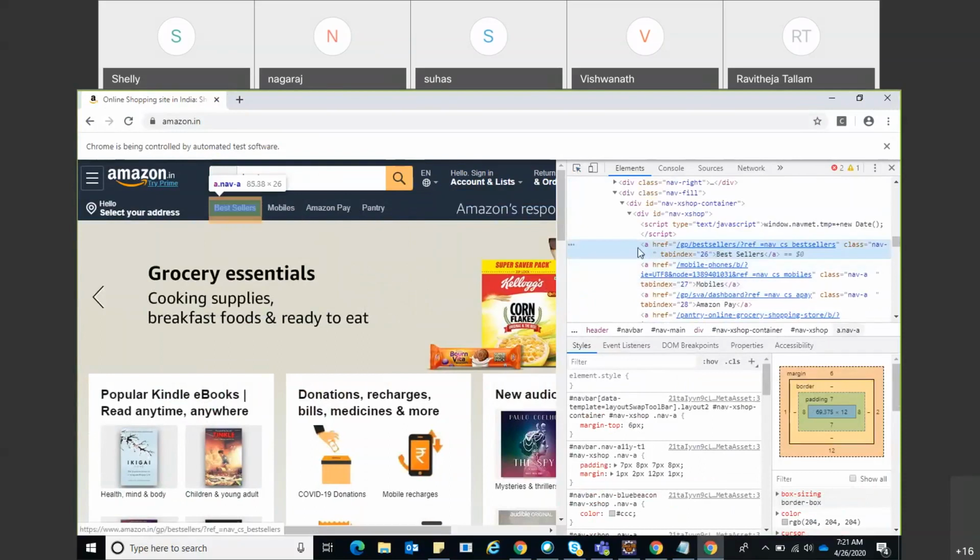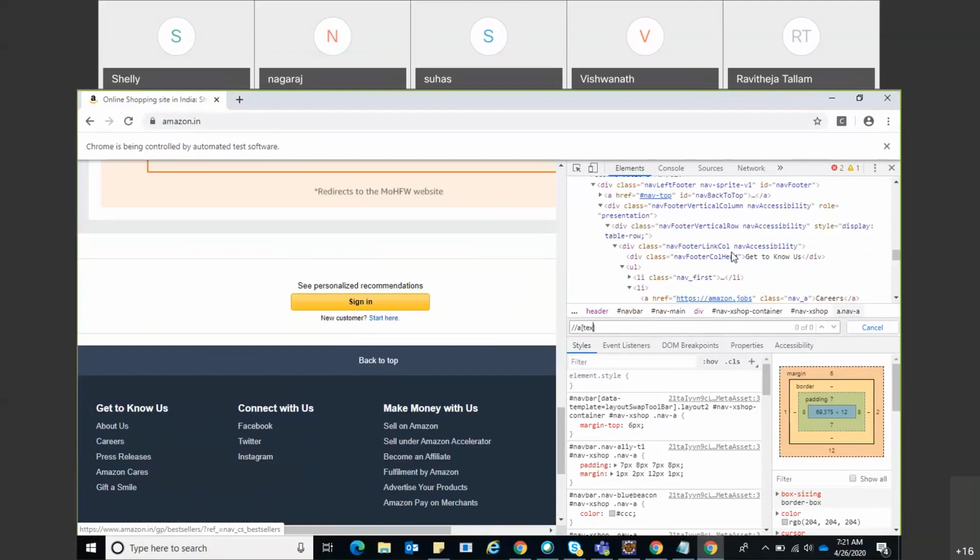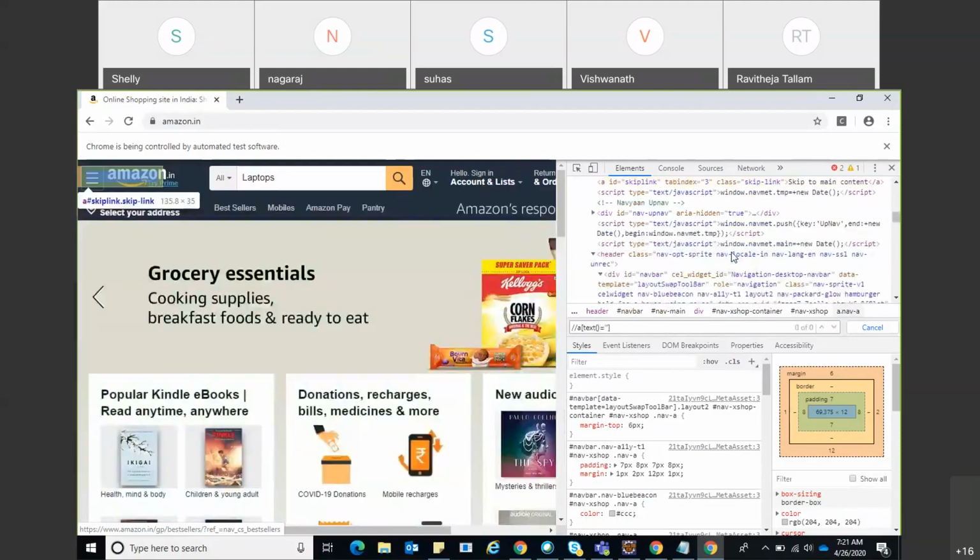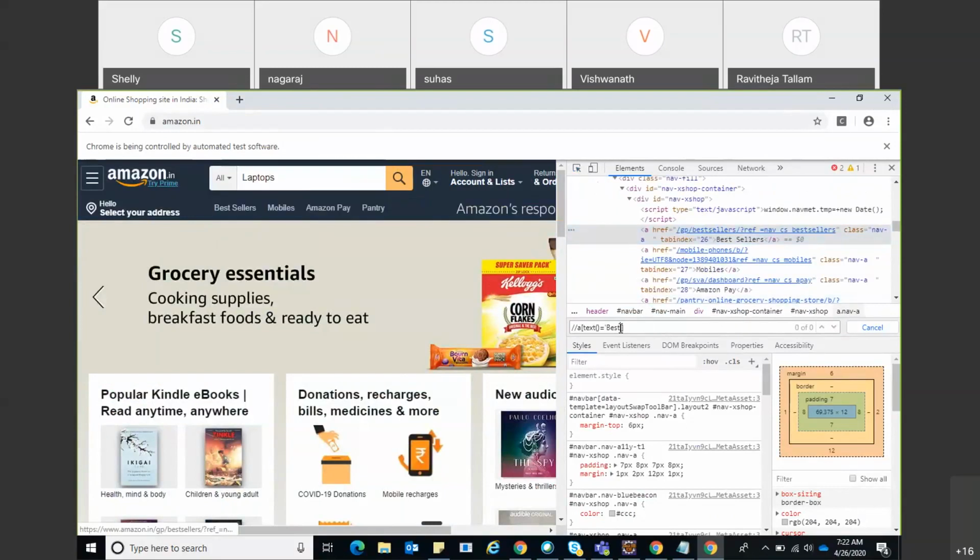If you see here, this is the anchor tag, and the text is this one, and I want to highlight that web element by using the text which I am able to see on the website, best sellers, and I am looking for the anchor tag. So I just took the anchor tag here. Okay, so I'm able to highlight the web element